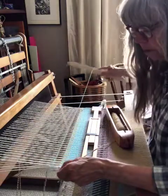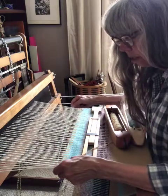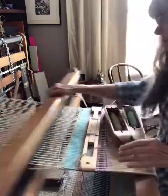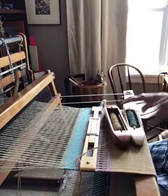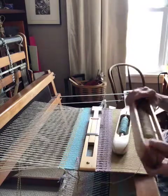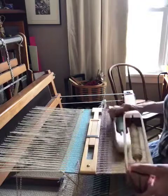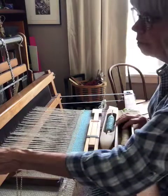So with the columns, you're just alternating, and with the weft face, that's going to make your columns. So you can do all kinds of different patterns, and I'll talk about some of the different patterns and how I join. The one other thing I wanted to say about the floating selvage, if you haven't used a floating selvage,